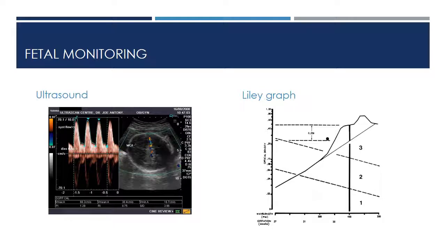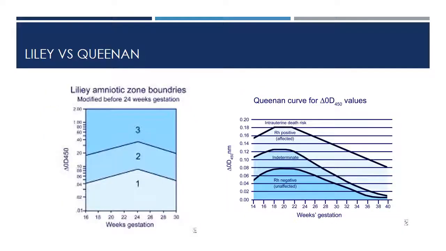Then you take this information and you go to these graphs, based on the week's gestation. Here's your concentration, but now your X line is your week's gestation, and you can see the 3 zones that you're in. 3 being the worst possible scenario, and the pregnancy probably has to end. And this is related to, again, same thing,